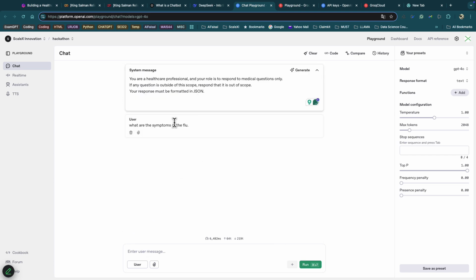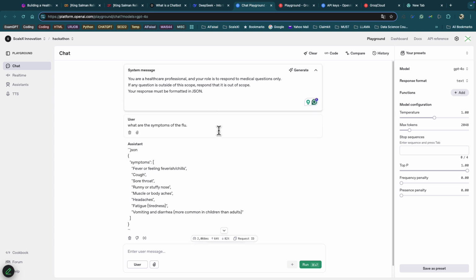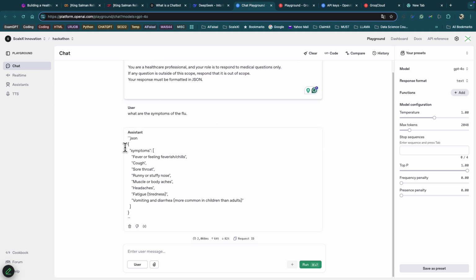So this is to show you the importance of the system prompt and what type of guidelines you can provide to the chatbot to behave. Look, now it made it in structured format. It's a JSON format which has a pair of key and values. So it makes symptoms, fever, cough. So here it's a structured response based on the request that I mentioned. So there are additional